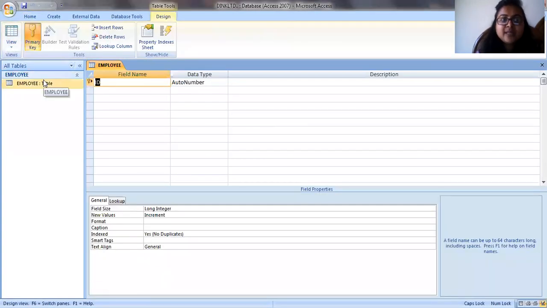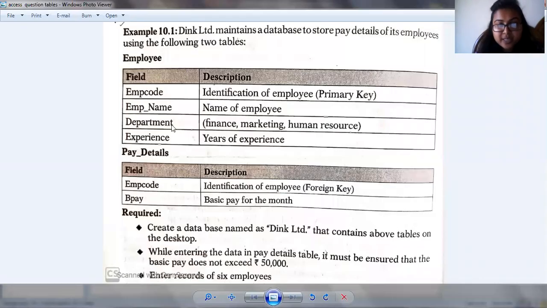Now you can see on the left hand side, the table 1 name changes to employee table. Now I need to write down the field names. Going back to the question, let's check which fields we need to write. Employee code, where you need an auto number and a primary key.